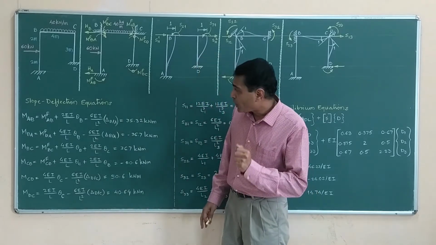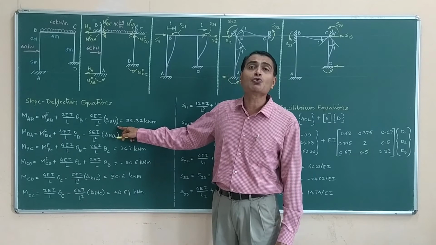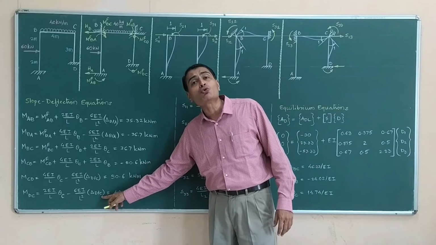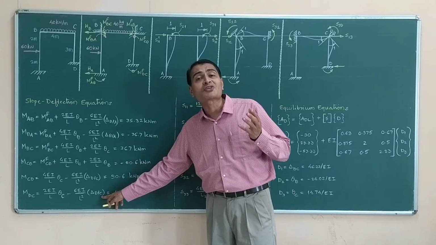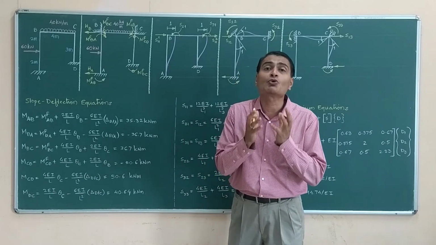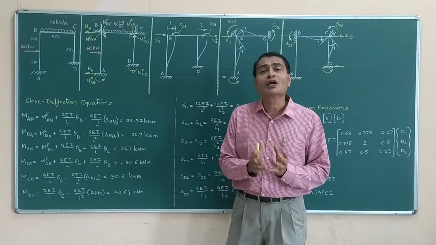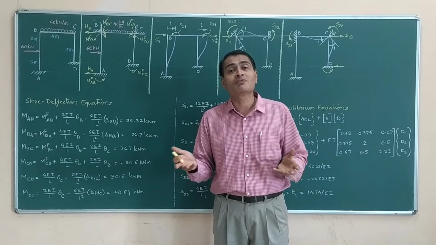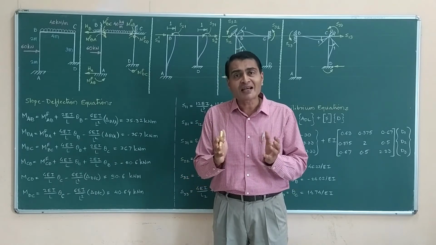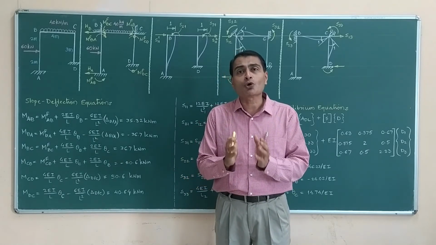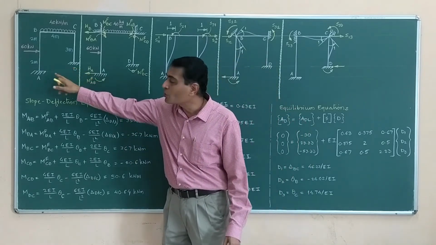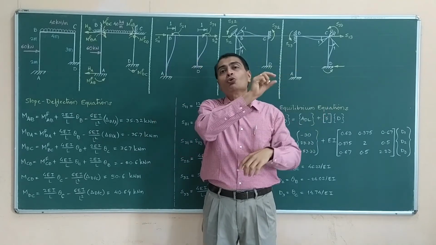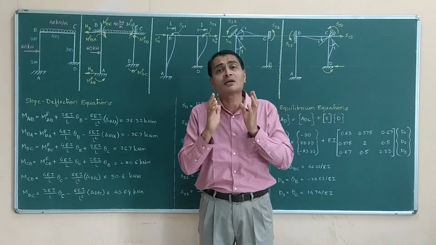One more point. Why did I say that delta B relative to A I am substituting negative, or for that matter delta D relative to C I am substituting negative? What is the significance or what is the reason of substituting negative value here? For that you will have to refer to our slope deflection lectures, because in that very step by step carefully it was shown that whenever such a frame is given to you, how do we rotate the two columns, convert the frame into a continuous beam, just for the sake of theoretical discussion.